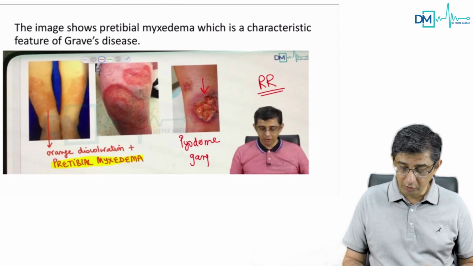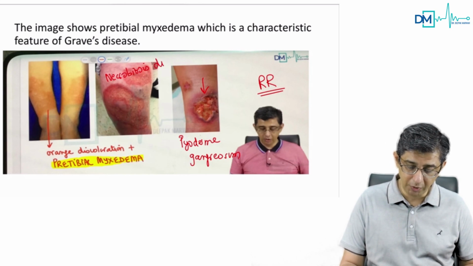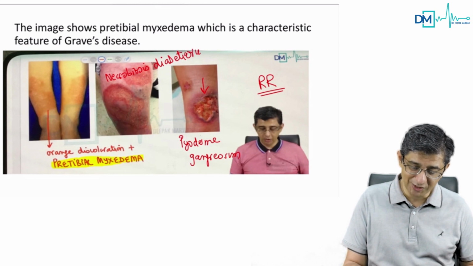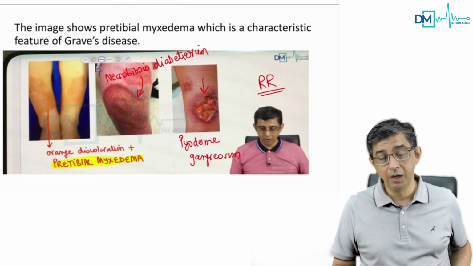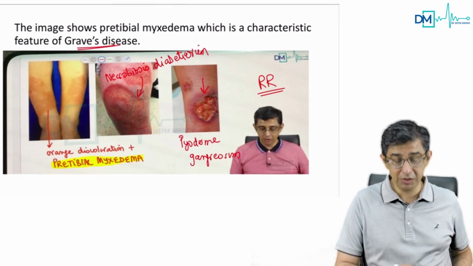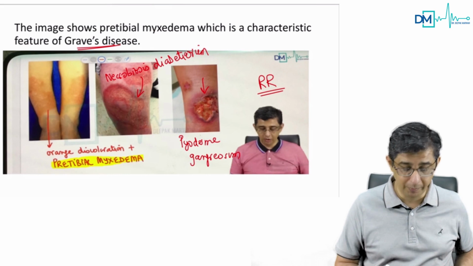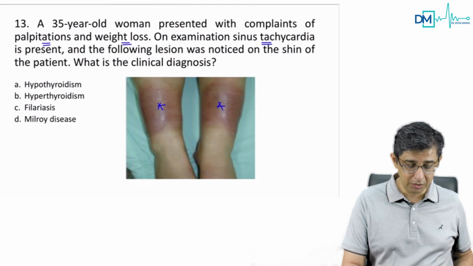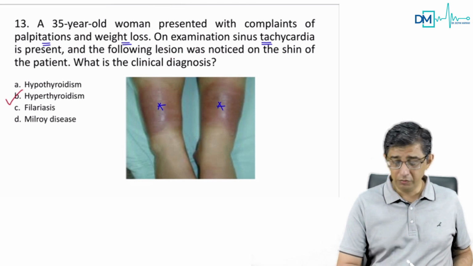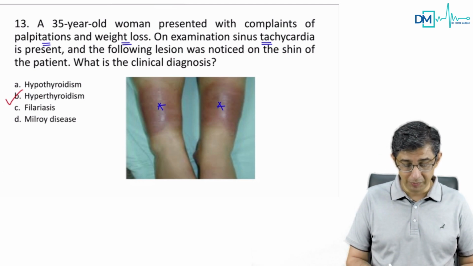In the same slide, I have also discussed another lesion on the shin of a diabetic patient. This is necrobiosis lipoidica diabeticorum. Now that's a longish name. I mean, if you read it for the first time, it will obviously give you jitters. I know that. But necrobiosis lipoidica diabeticorum is seen on the shin of a diabetic patient. And in a thyroid disease patient, in Graves' disease, you could have an orange discoloration of the skin, that is pretibial myxedema. So the snapshot is from rapid revision here, and you can see that's the lesion that he gave you. The correct answer to this question is B, hyperthyroidism. And even if you don't focus on the image, the clinical features are in favor of hyperthyroidism only. The answer to this question is B.